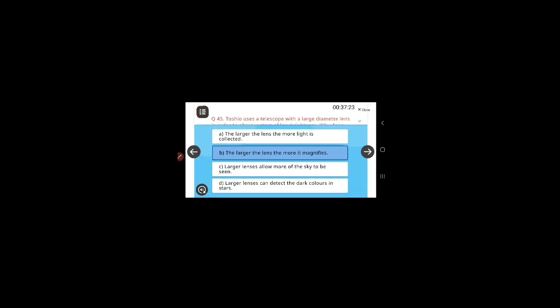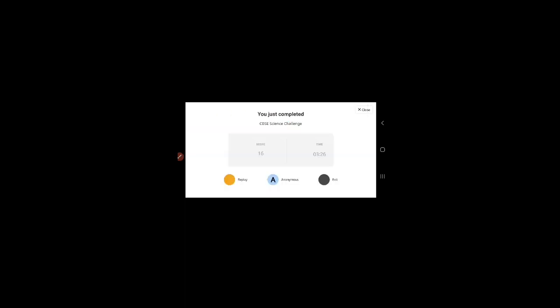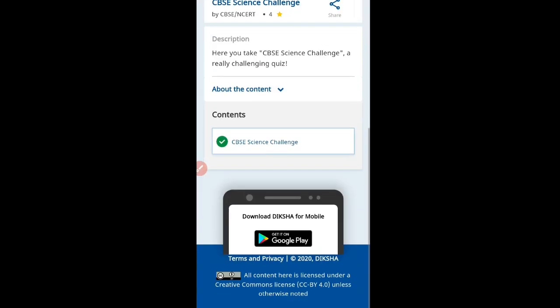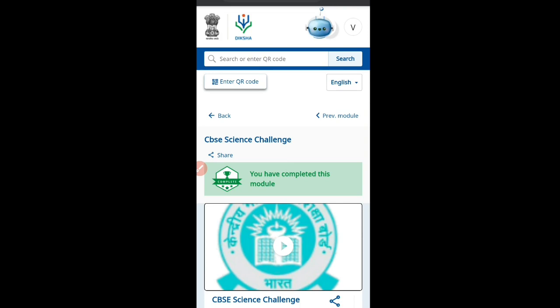Now students, see, I have reached the last question and I am just touching on this forward icon. See, score is 16, time, everything has been noted down. So I am just going to close this and I will be getting my certificate on the Diksha app.